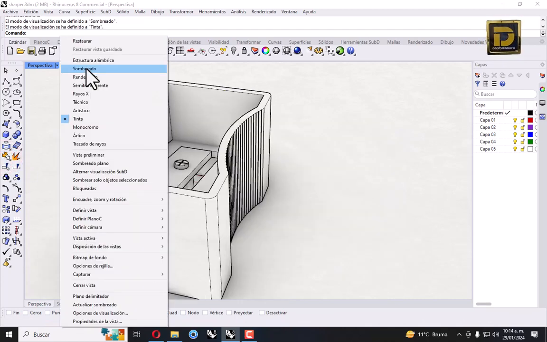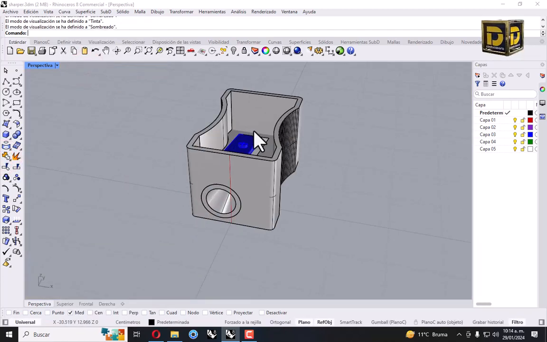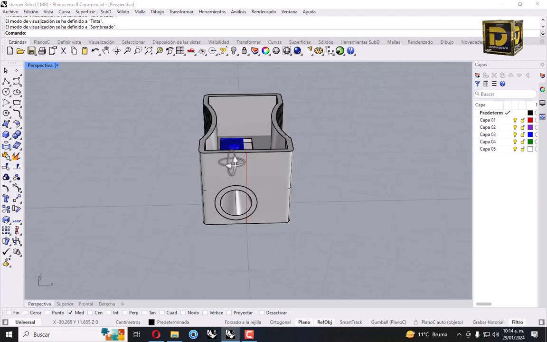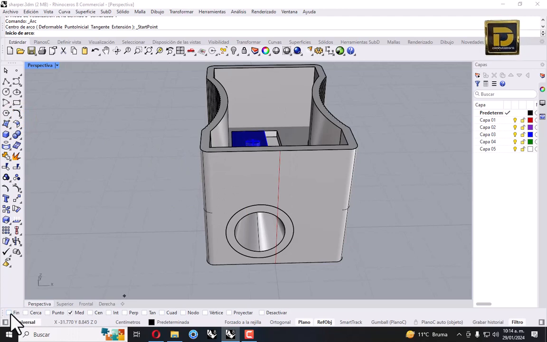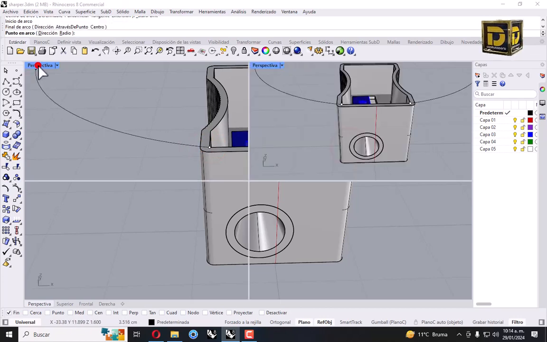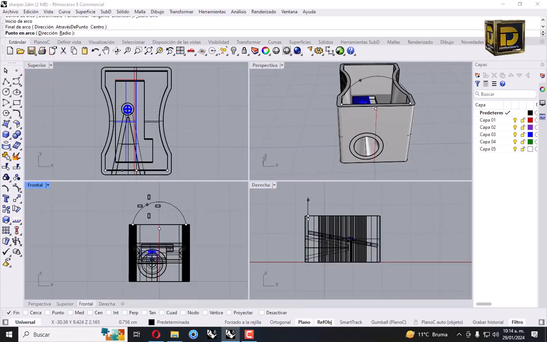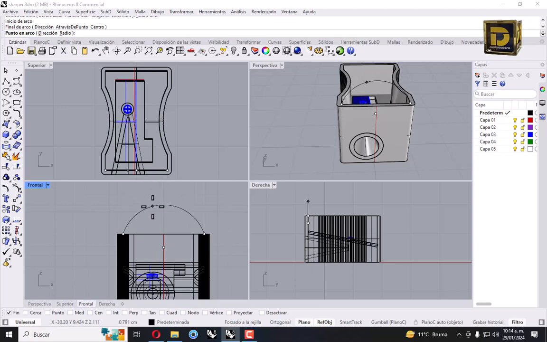Okay, shadow view, and let's make an arc. Let me see, arc from start, end, and points. End, first click, second click, and let's click here.